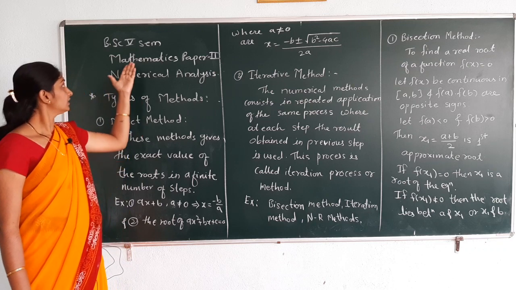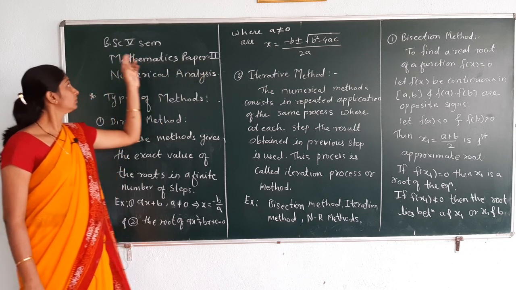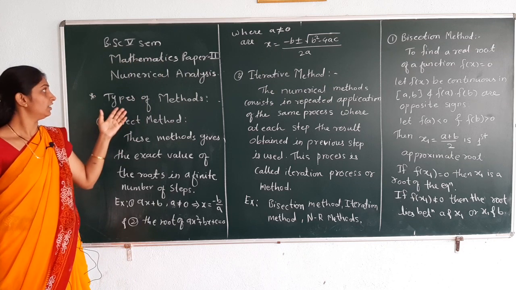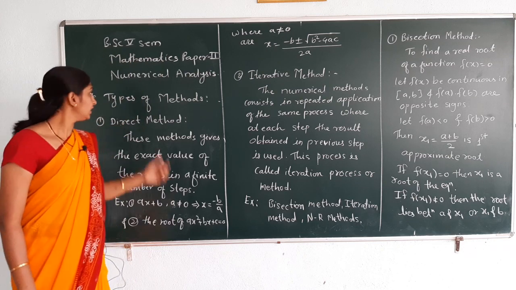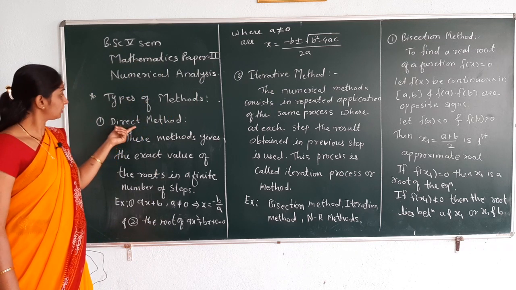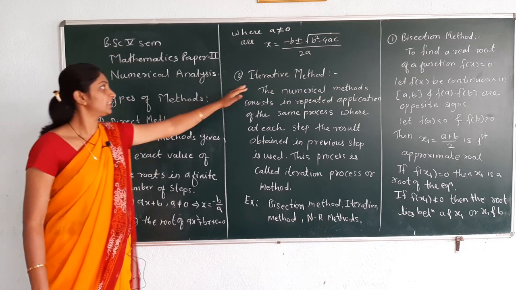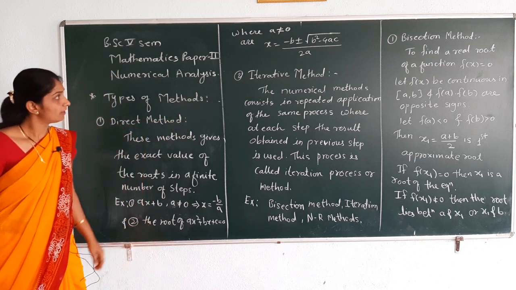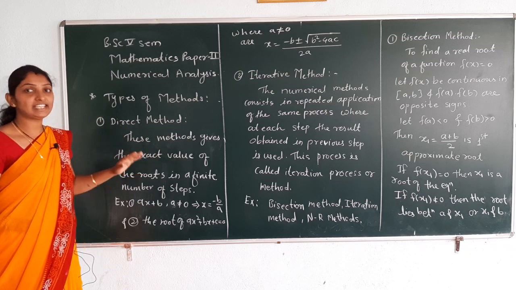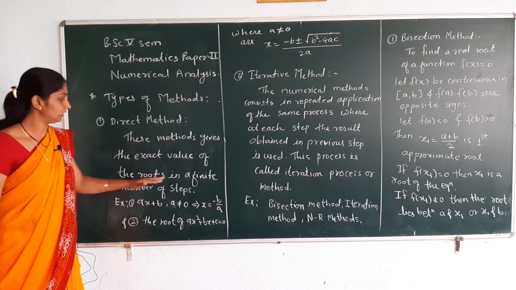Today we start Mathematics paper 2 for BSc 5th sem, that is numerical analysis. Here in this chapter we have to study types of methods. First method is direct method and second method is iterative method. In the first method, we know that these methods give the exact value of the roots in a finite number